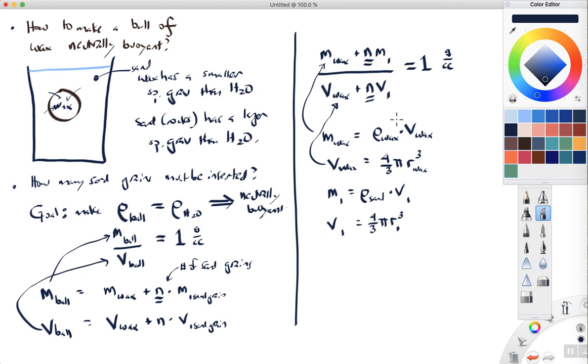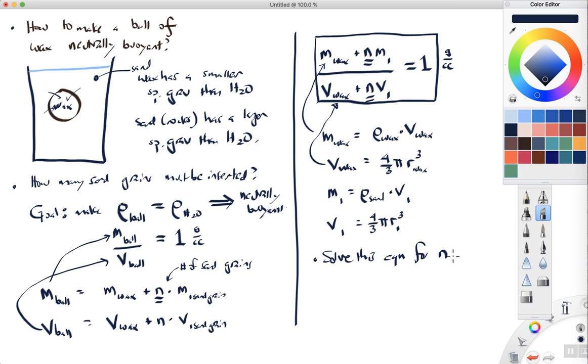If we're given the radius of the wax ball, we could find the volume of the wax and the mass of the wax, and we would have some equation that depends on the radius of the wax, the radius of the sand, the density of the wax, and the density of the sand, and we could plug all those numbers in and solve for n, right? So we could do that. That would involve some algebra, rearranging this formula, but we basically want to solve this equation for n. And remember, n was equal to the number of sand grains